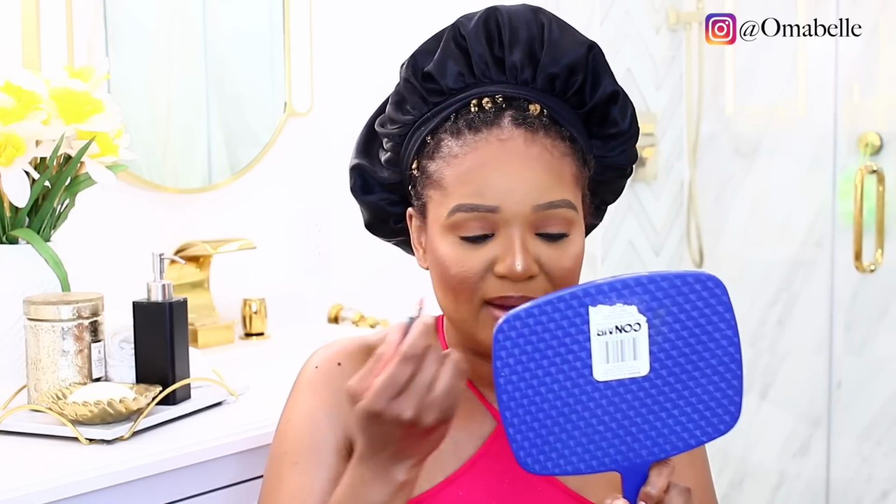And I'm using MAC Oh Darling. This is the LA Girl chocolate lip liner. I absolutely love this lip liner, but it's already on its way out. Let me just add a little bit of Velvet Teddy, and then I'm gonna mix in this Dalton lip gloss. This is their High Shine She's a Keeper lip gloss. It's this very gorgeous springy lip color look. Let's see, I can't even find my